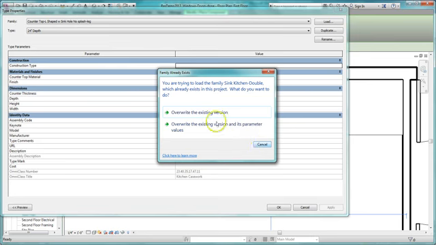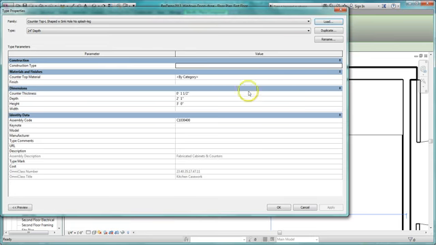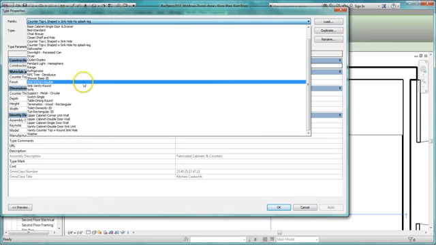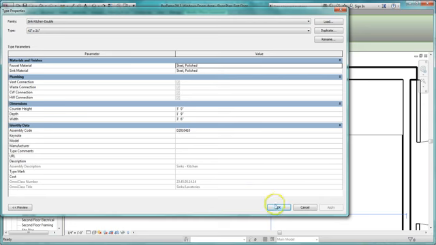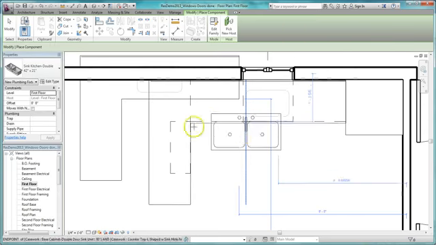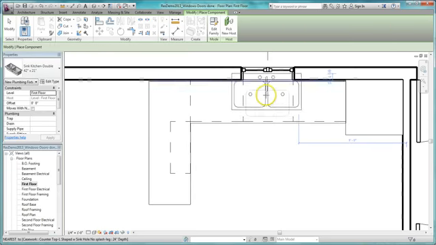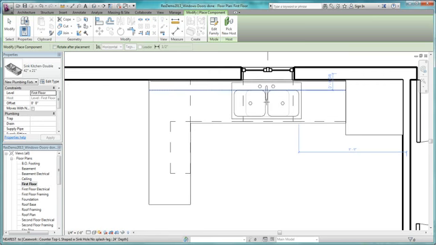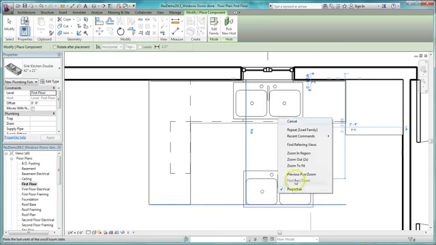It says it's already there, so I'm just going to cancel out of that and find my kitchen sink right there. Hit OK, and I'm just going to center my sink right on the window, line it up with the backsplash, maybe a little bit in front of the backsplash,